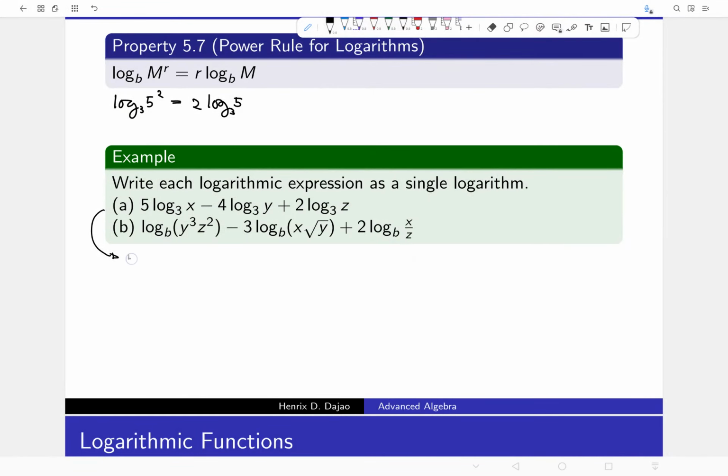So let's write this again as 5. So this is actually equal to, if you are going to examine this expression, you can rewrite this as, okay, this one